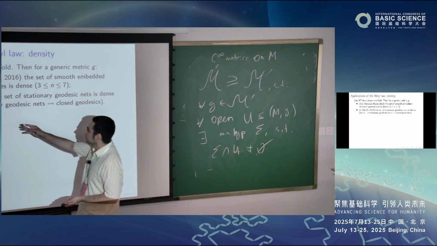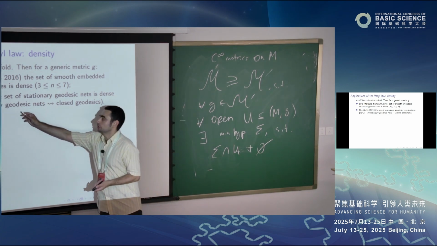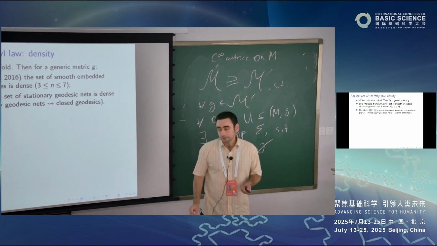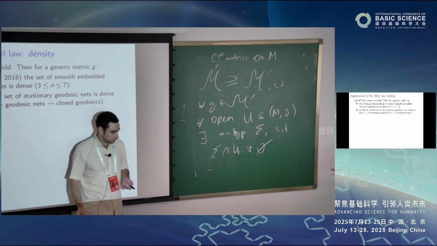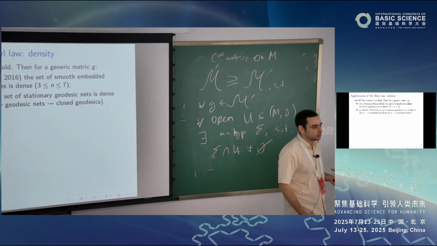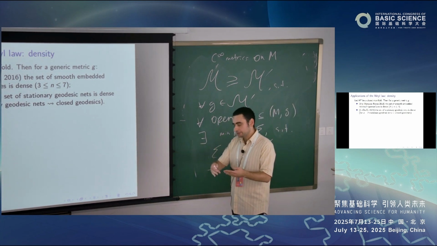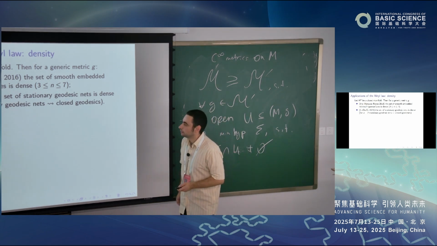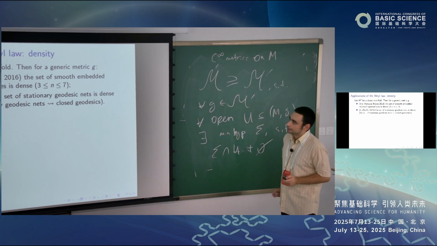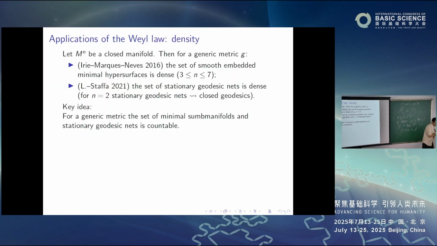With my student Bruno, we proved the analogous result for stationary geodesic nets, and in dimension 2 for closed geodesics. The reason we can do the two-dimensional case is this paper of Chodosh and Mantoulidis that I mentioned, which allowed them to conclude that the stationary geodesic nets are actually going to be closed geodesics, by combining two min-max approaches. Really nice paper. I love it. Okay, so let me quickly sketch the idea of the proof, because I think it's really nice.